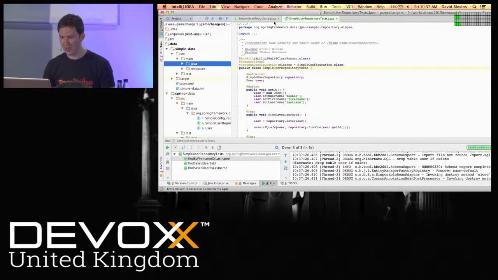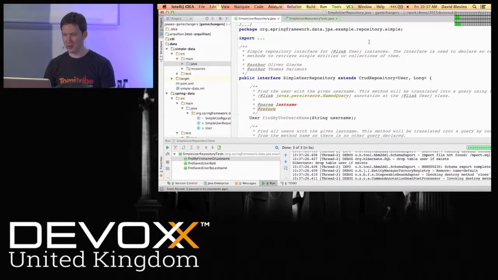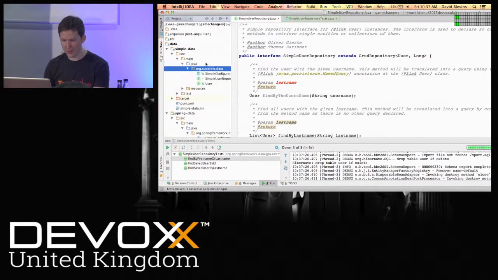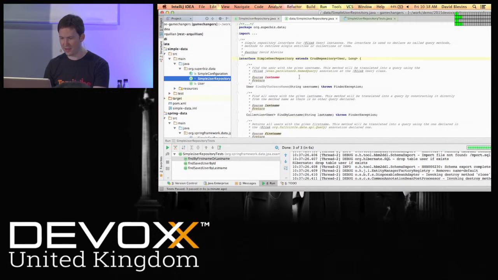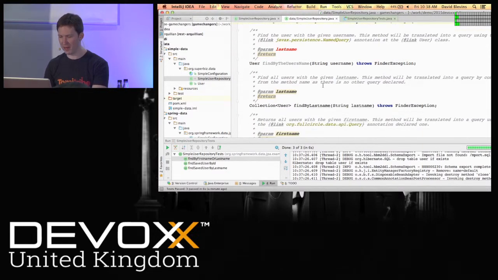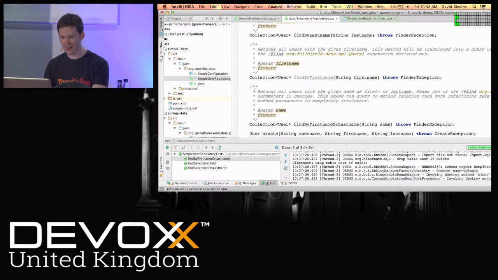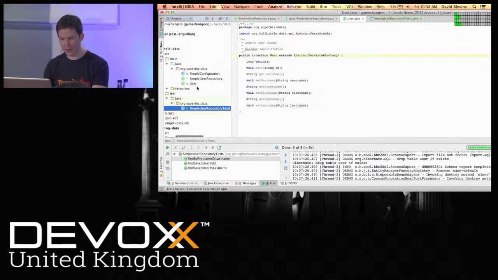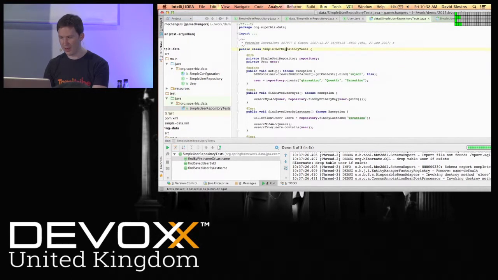And so instead of a simple user repository that extends CRUD repository that has finder methods in it, what I do instead is I have a simple user repository that extends CRUD repository and has finder methods in it. And I've got my user, and then I have my test case over here. And if I go ahead and run that test case,